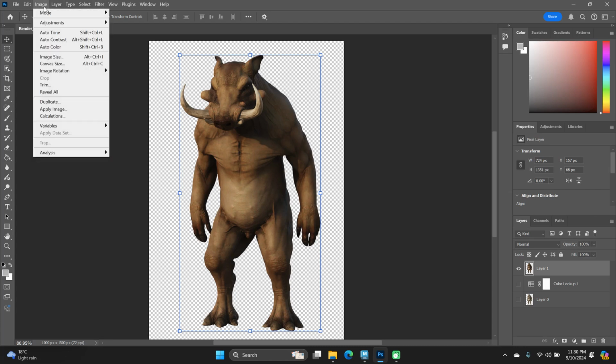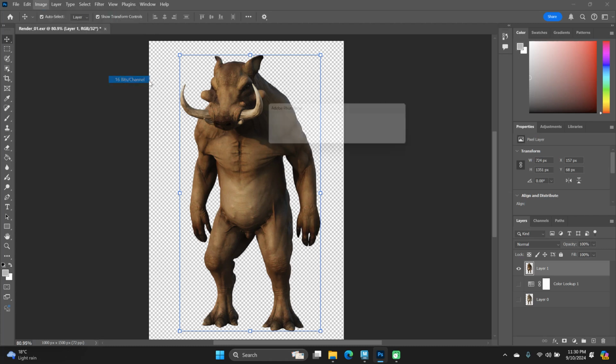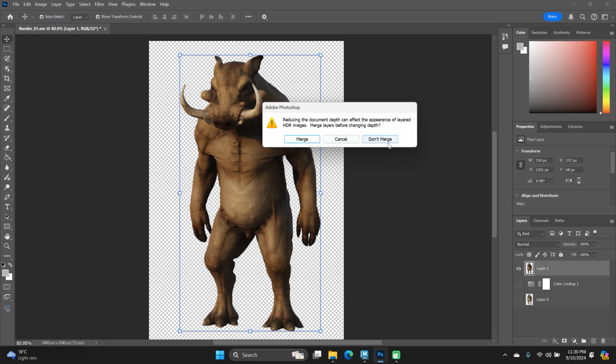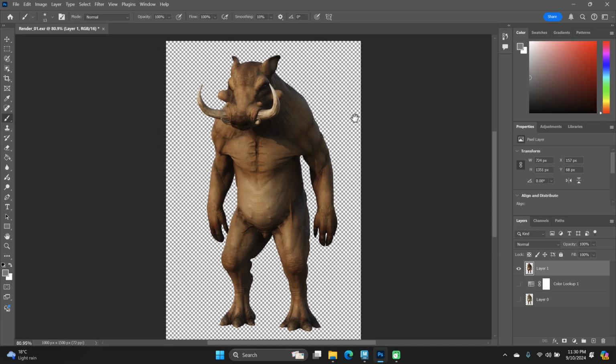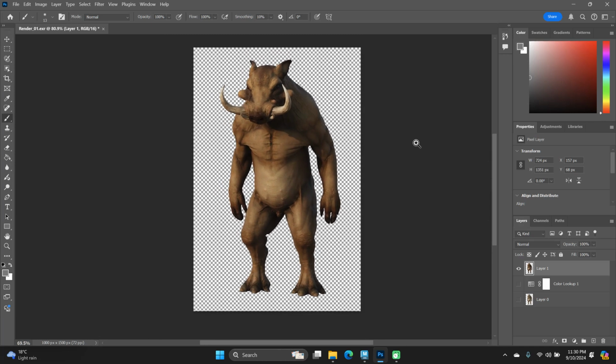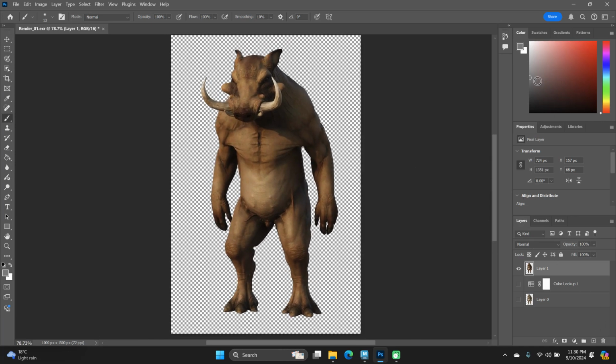So up in the toolbar here, I can change it from 32-bit to 16 or 8-bit. Let's just go 16-bit for now, and don't merge. This basically will allow us to do more to it because it's too high quality for us to work with. Okay, so with this transparent background, we can put in a